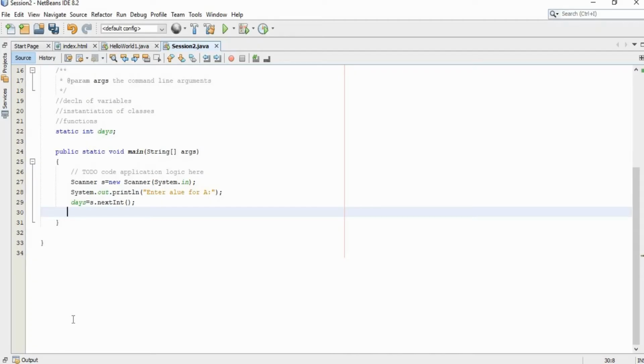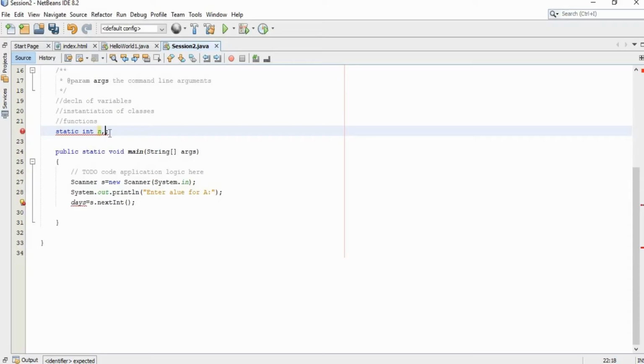Let it be 10 or let it be 20, starting from 1 to 10 or 1 to 20. That limit n we have to read from the user.